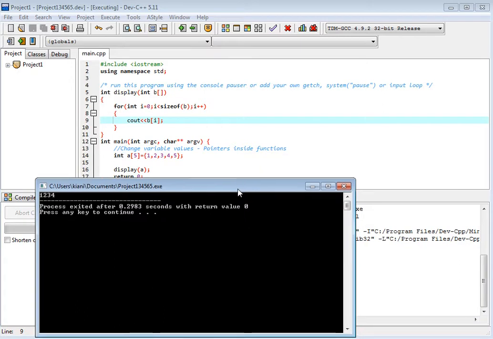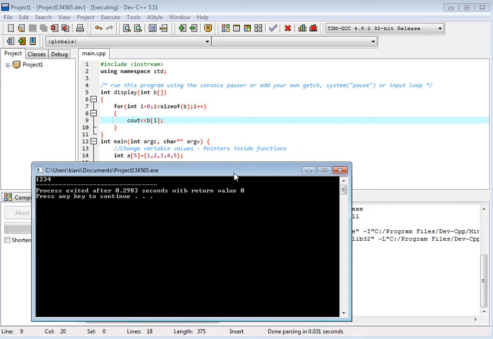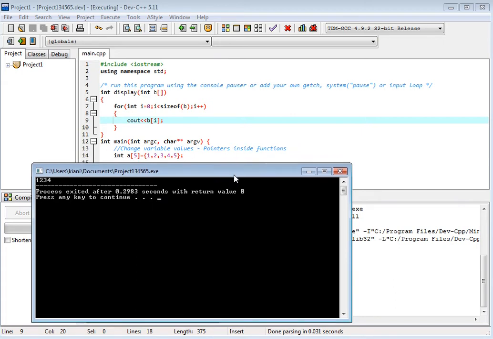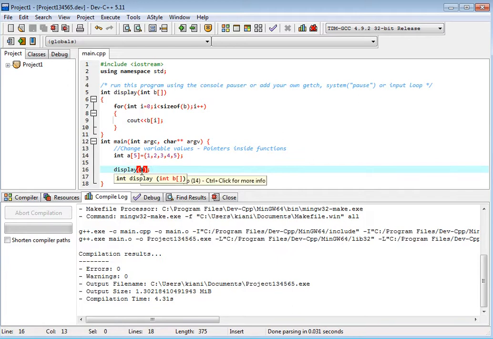Now we have this, and if we pass the A and we change this function to using pointers, we just pass the address of the first variable.